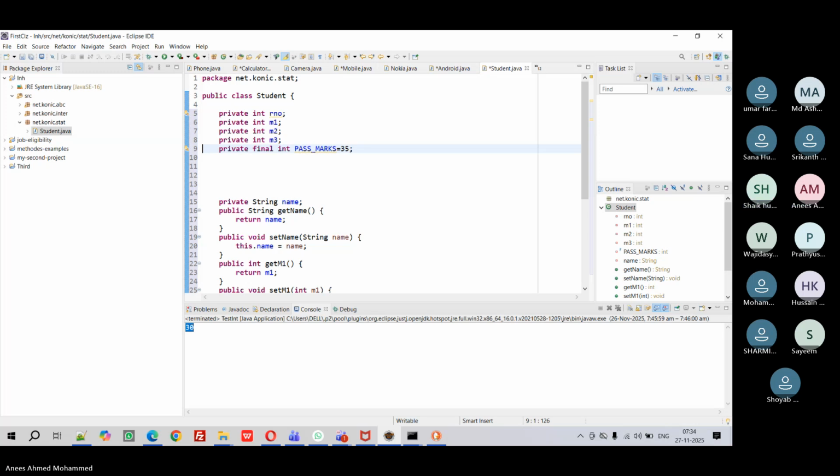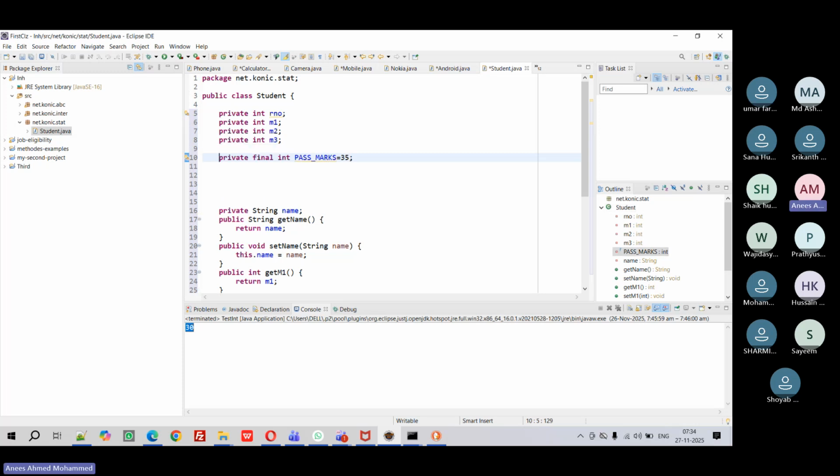No, sir. Why not? After creating object, I think. Class is... Very good. So we will not be allocating any memory till we are creating object, because it's just a template,